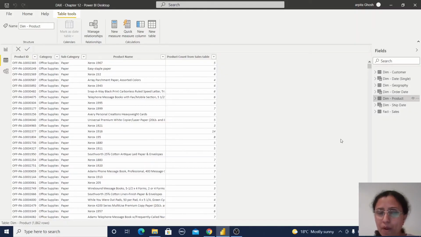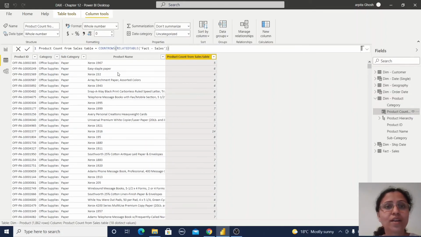So now we are in Power BI Desktop, and using this RELATEDTABLE function in the product table, I have created one calculated column. It is giving me the result of how many times this product has been used in the sales table. For example, this product ID has been used 5 times in the sales table, and this one is 14.